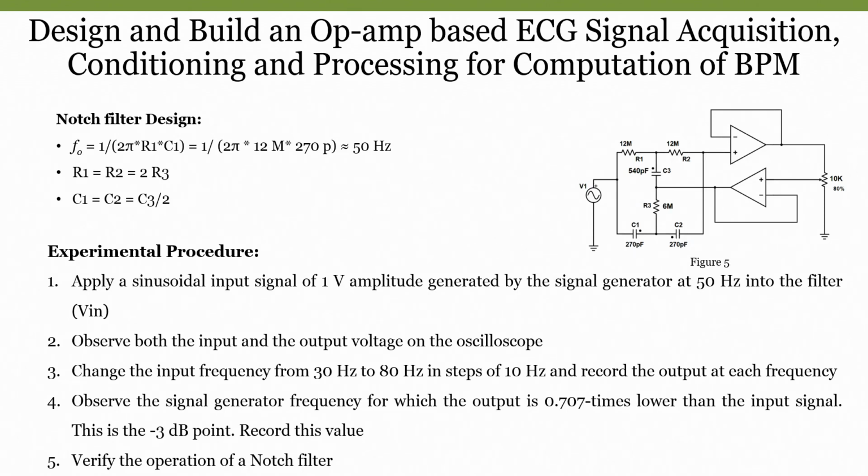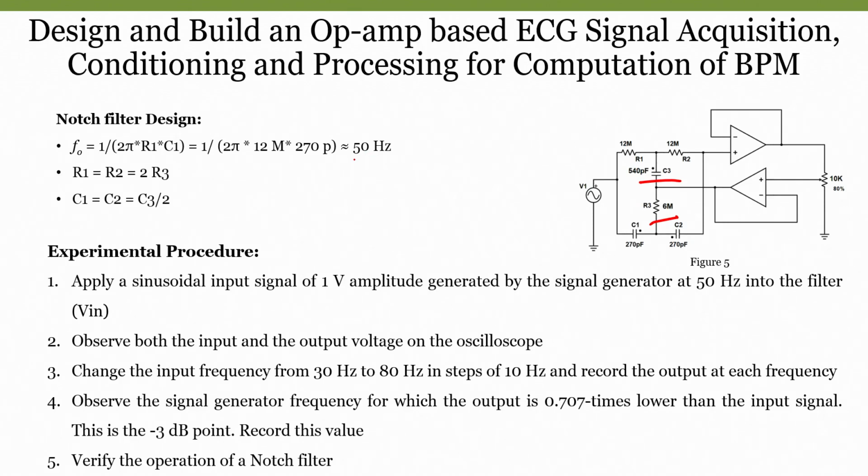As we know the importance of notch filtering in our application, and we also know how to use a passive notch filtering circuit, this is similar to our passive notch filter. We are using two resistors of 12 mega and 12 mega, capacitors C1 and C2 which are both 270 picofarad, and another resistor of 6 mega and capacitor of 540 picofarad. Now, what makes us select these particular values?